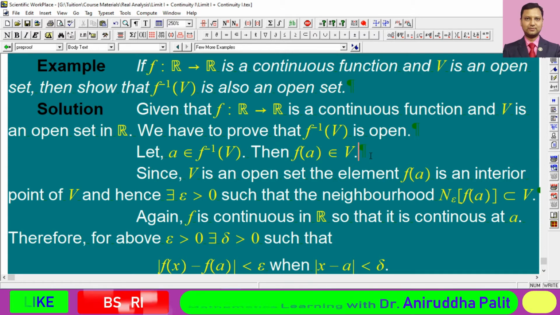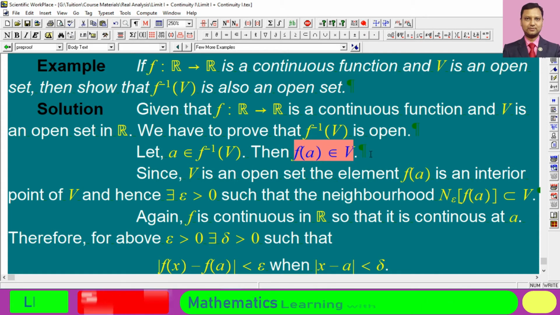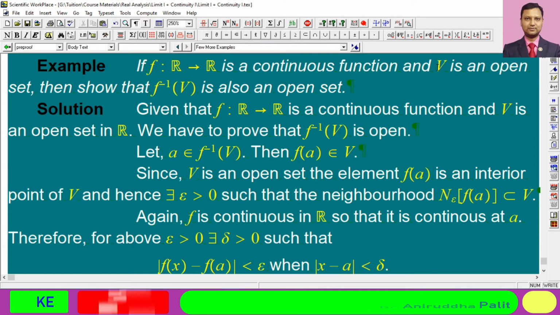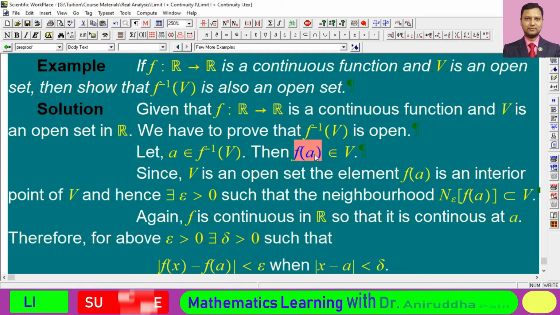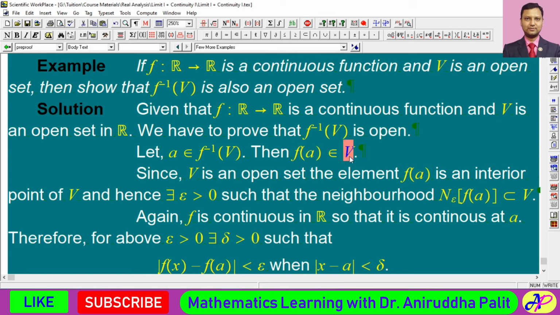এটা আমরা বলতে পারি that if A belongs to this f inverse B, then f of A must belong to this set V. এখন V একটা ওপেন সেট, এটা আমাদেরকে এই ইনফরমেশনটা দিয়ে দেওয়া হয়েছে as because V is an open set and f of A is a member of V, therefore it must be an interior point of this set V. So by the definition of interior point আমরা বলতে পারবো there exists a epsilon neighborhood,